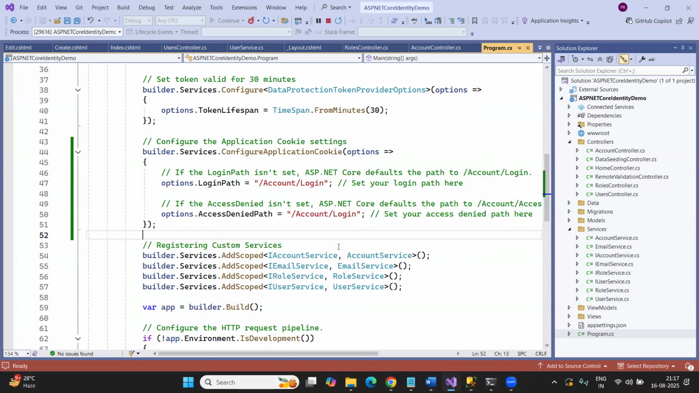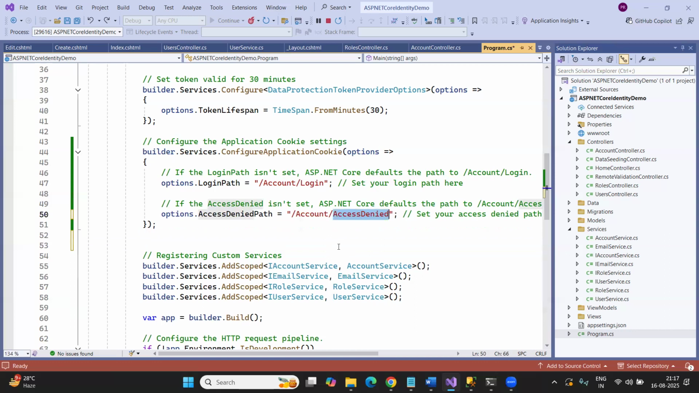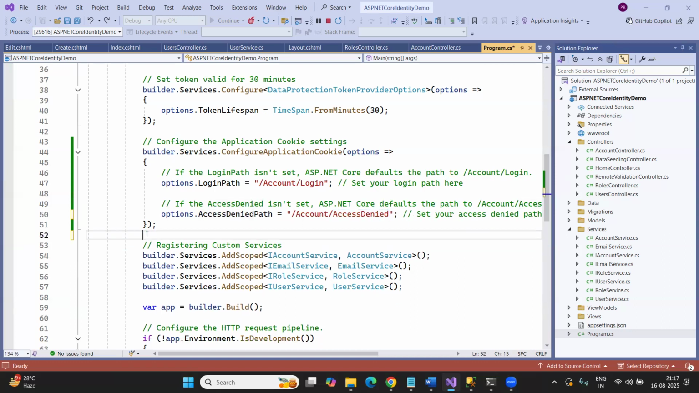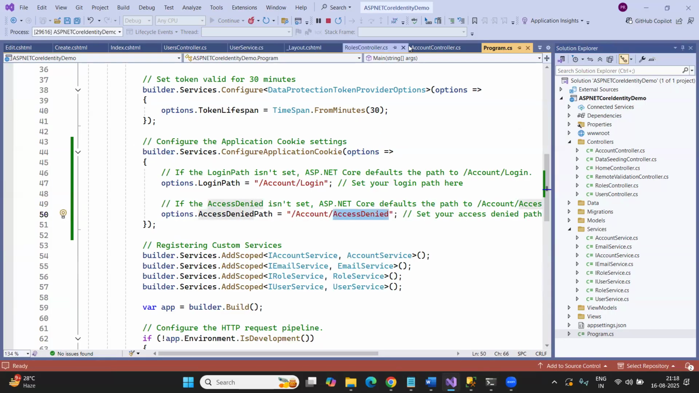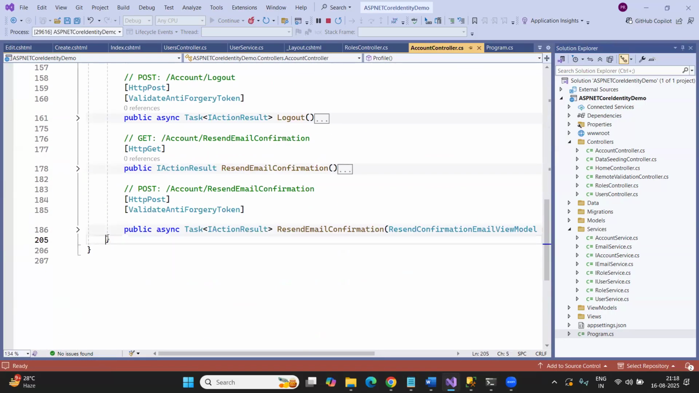But does it make sense if the user is authenticated? If the user is not authenticated, redirecting to the login page makes sense. If the user is already logged in, again redirecting to the login page does not make any sense. So in that case, I need to redirect the user to the access denied page. So let us create the access denied method within the account controller. Let me go to the account controller, and just below here,